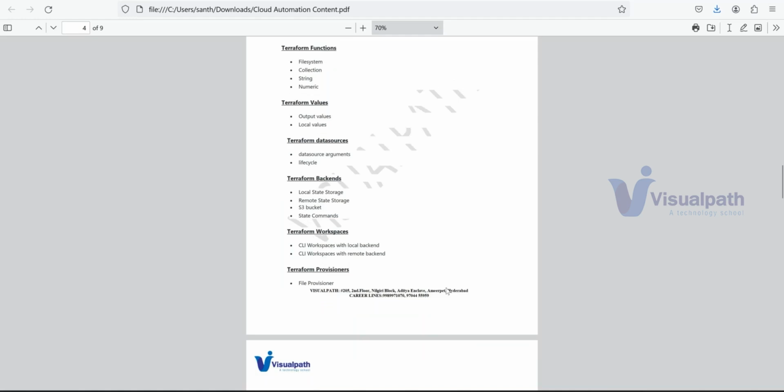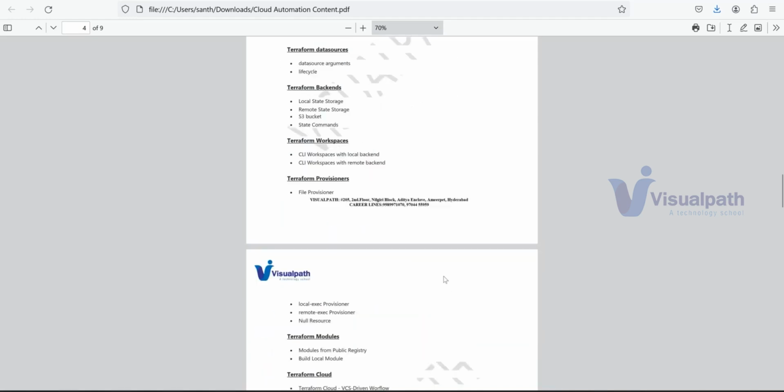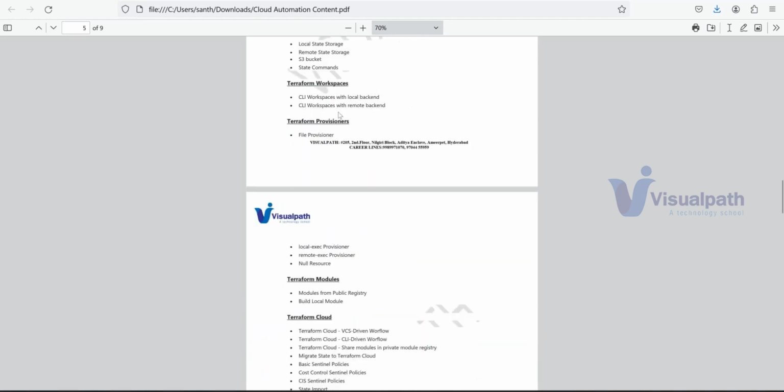Right, and we are going to see about Terraform workspaces. How are we going to manage different workspaces for Terraform? And we will talk about the provisioners. These are the top concepts, all the concepts, guys. Terraform provisioner is a very important concept. Why we need to see about Terraform provisioner is basically, let's say I want to execute some sort of command inside some server. So I can use Terraform provisioners. There are multiple provisioners we are going to see in this